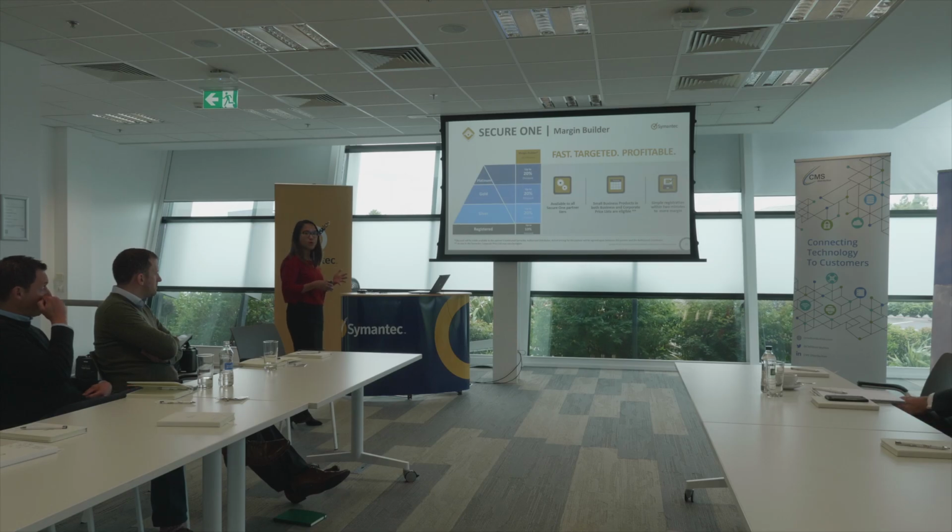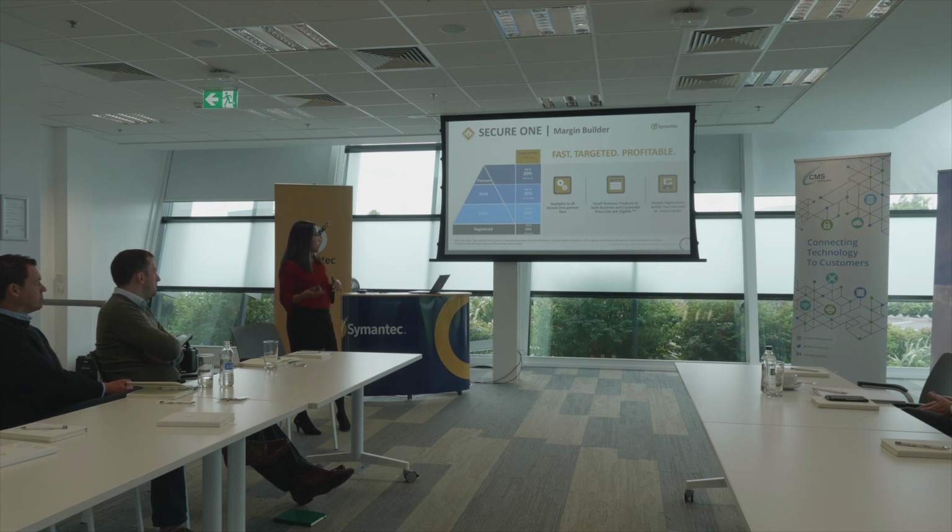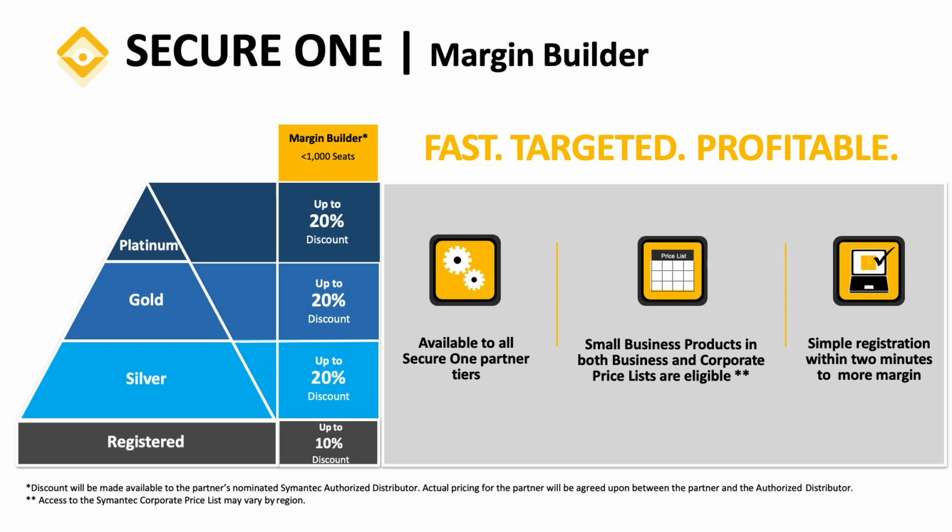The way Margin Builder works is that once you identify a small business deal, all you have to do is go to this website in Margin Builder, fill in all the details of your end user information, and check which price list you want to use. It will not take much of your time. It's just 2 minutes, and then you'll get a Margin Builder deal ID that you can pass on to CMS. And depending on your partner registration, for example, whether you're registered silver, gold, or platinum,